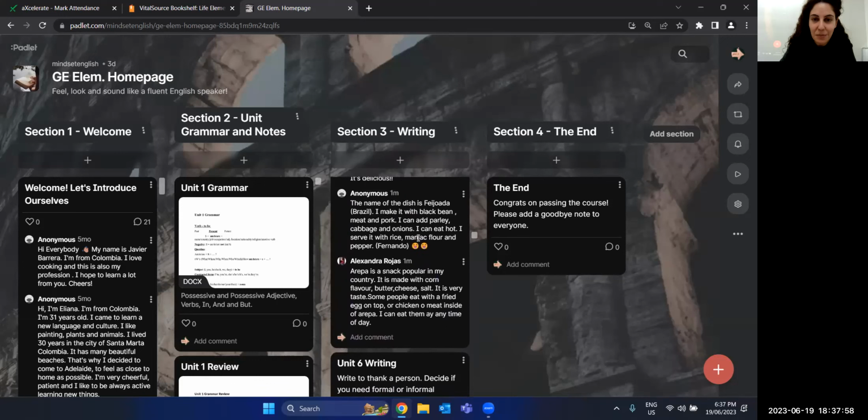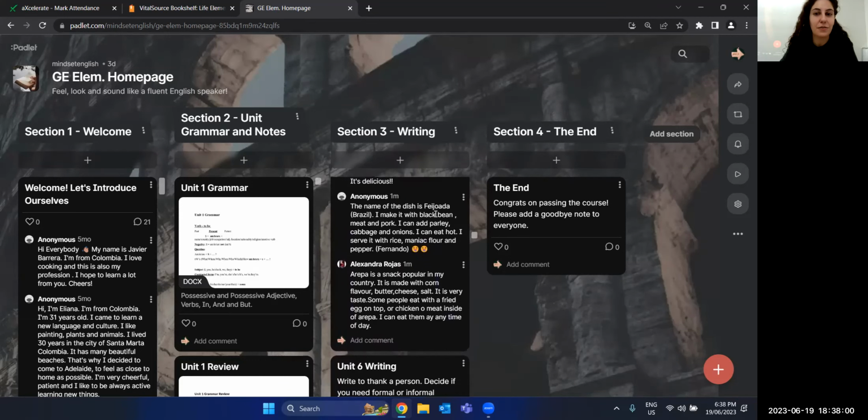So the name of the dish is feijoada. I should make you guys read this. But I have to learn too. Feijoada. Okay, so we're learning a bit of Portuguese here as well. So the name of the dish is